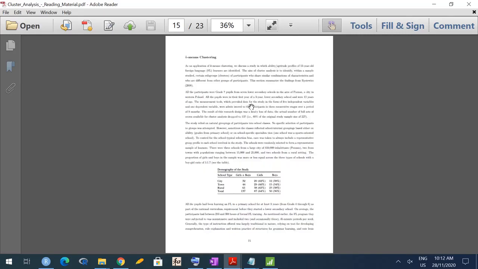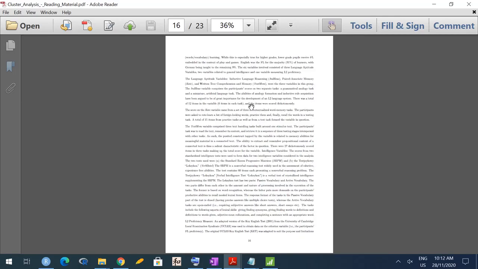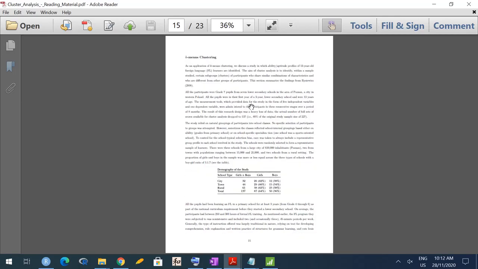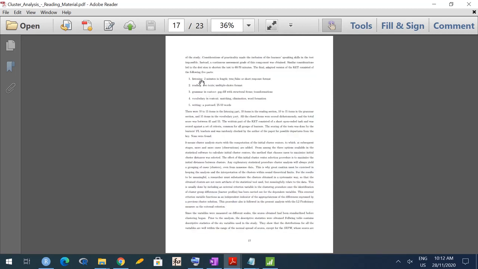Now in cluster profiling, sometimes we can get some interesting results. So here is one example on language abilities. The study was carried out on foreign language learners, and they were trying to identify the linguistic abilities and how they contribute to learning, etc. So there were different types of tests: listening, reading, grammar in context, vocabulary in context, and writing.